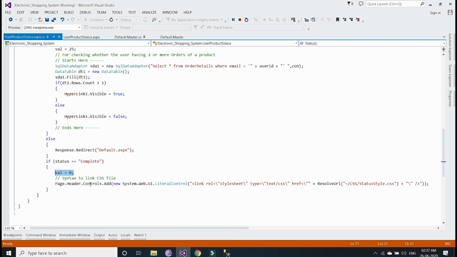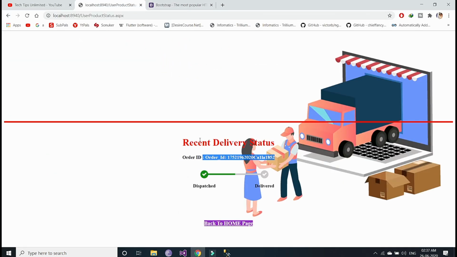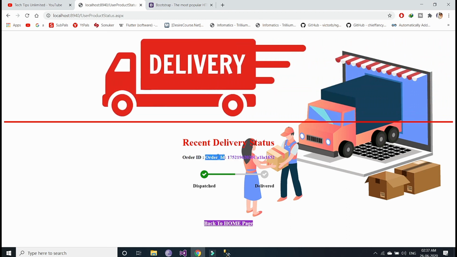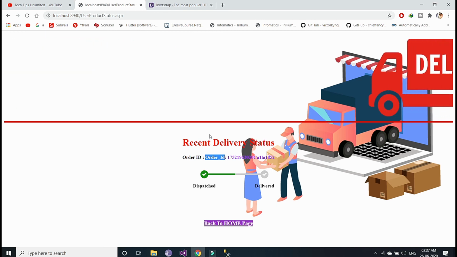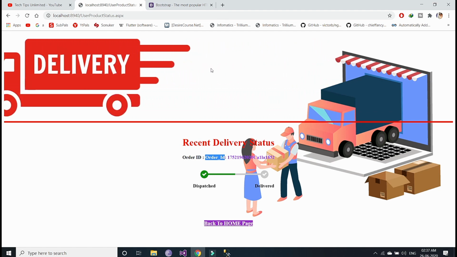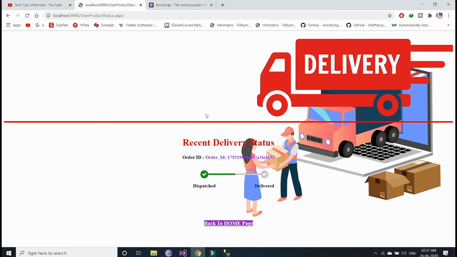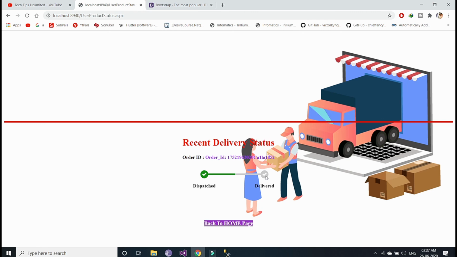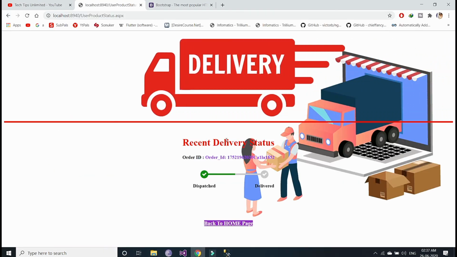So we have to handle two things if the order status is delivered. If it is delivered, then the van will not move, it will stop at the center, and this progress bar will also be fully green in color.